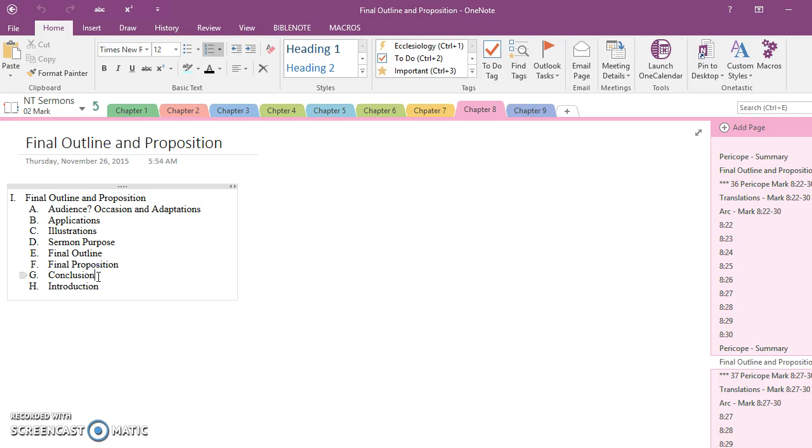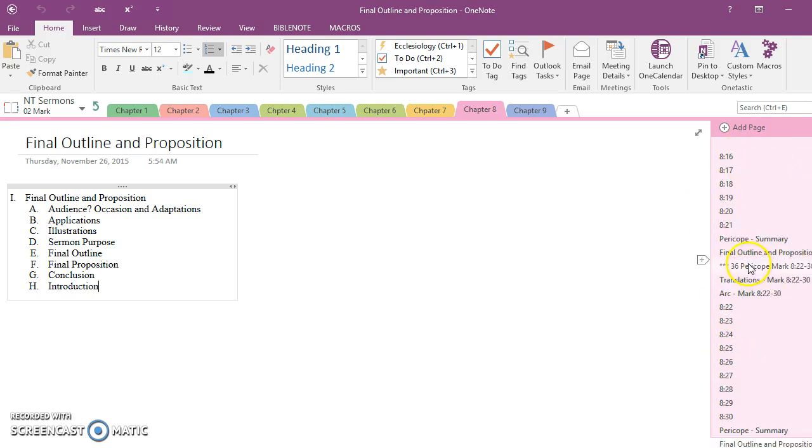And then I write out my conclusion pretty much word for word, and then my introduction pretty much word for word. So that's pretty much it. It's very simple. Just to quickly review, the notebook is NT Sermons. You can call it whatever you like. The tabs are the chapters of the book, and then on the right-hand side you have the